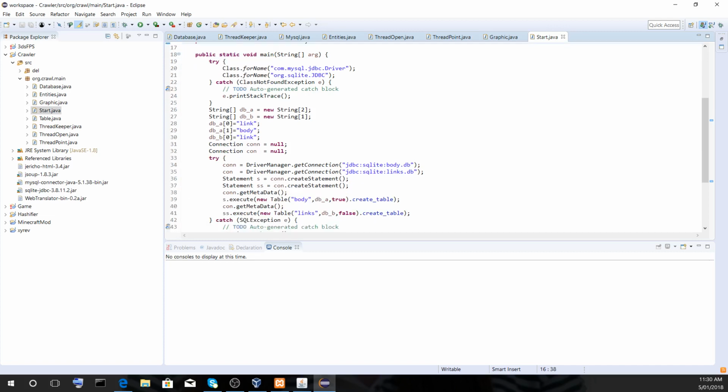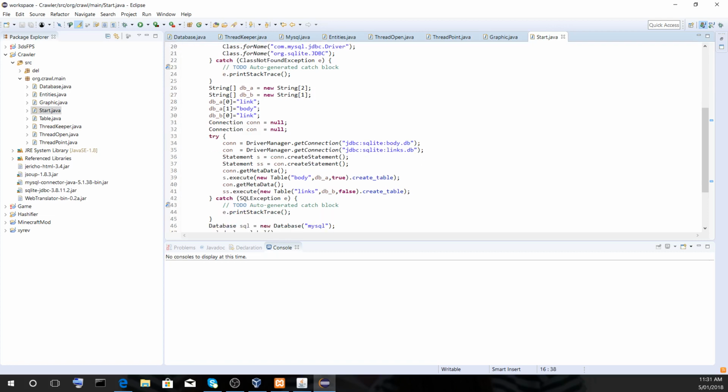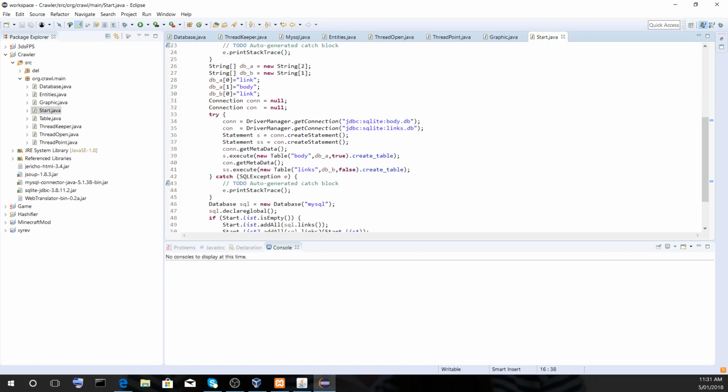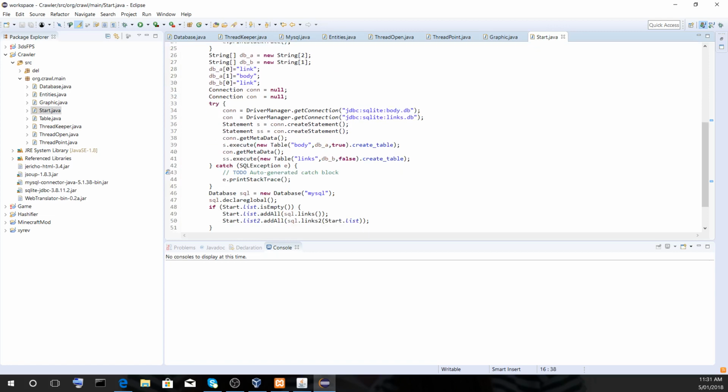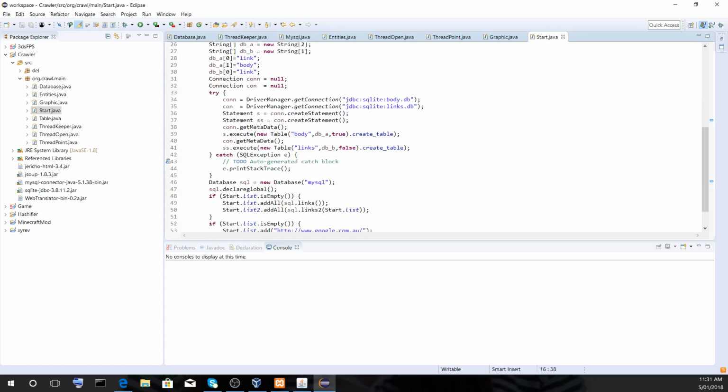Also, when using SQLite, you have to manually create the databases within the code. To do this, first you have to create a connection, and the connection is JDBC SQLite. Now you need two databases for this. The reason for two databases instead of one with two tables is table locking,